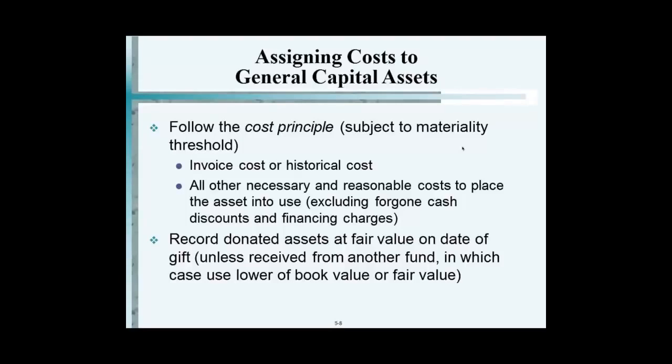If not, what do you do? You expense it, which raises an interesting question. If you buy one PC, it's not capitalized, but if you bought 10 PCs or 20 PCs, you capitalize them. Now, it doesn't mean that you don't tag the inventory. You still might tag for control purposes, but it's just that you don't record that in your books.